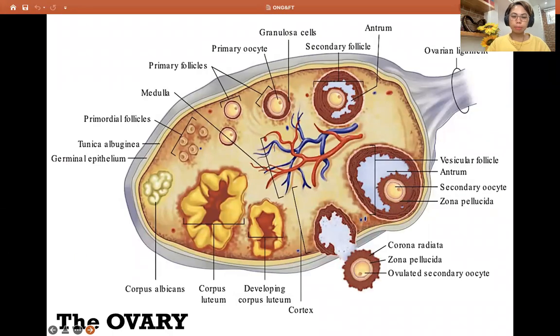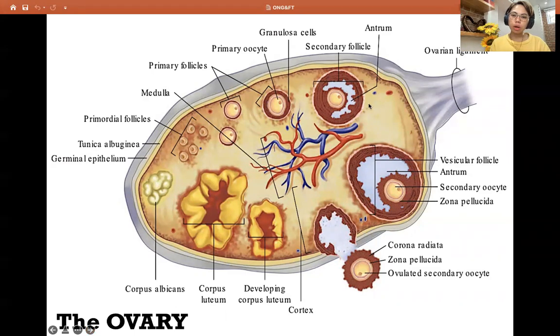So when we talk about the ovary, we'd like to start with the anatomy, because the fallopian tube is very simple to remember. It's just the tubular structure connecting the ovary to the uterus. And so I would like to emphasize on the anatomy of the ovary. Okay, so as you can see here,